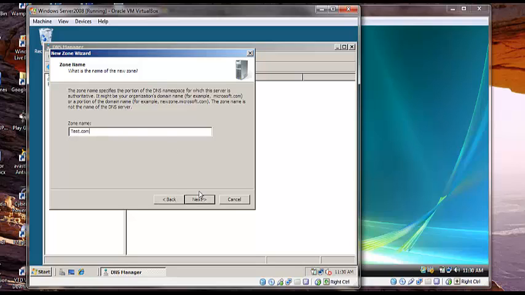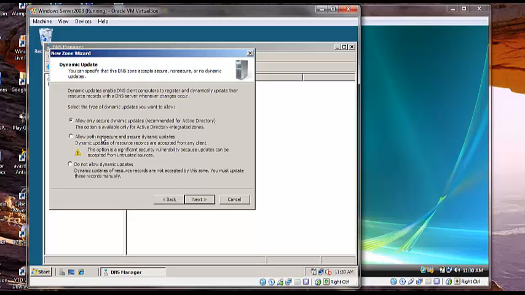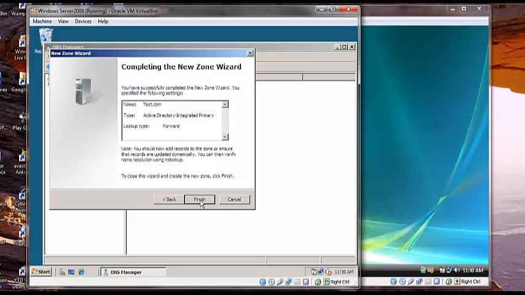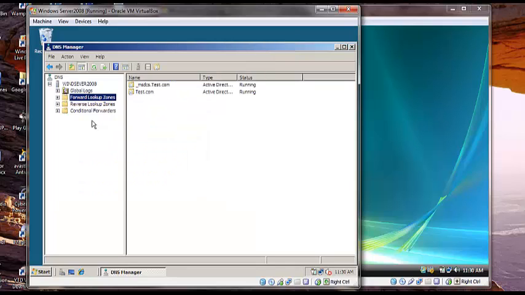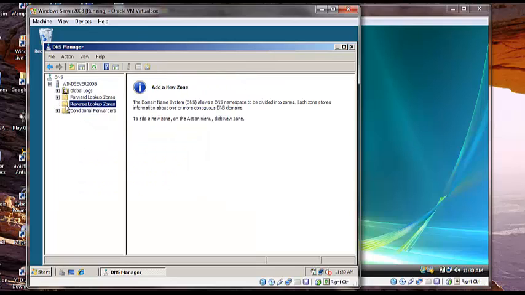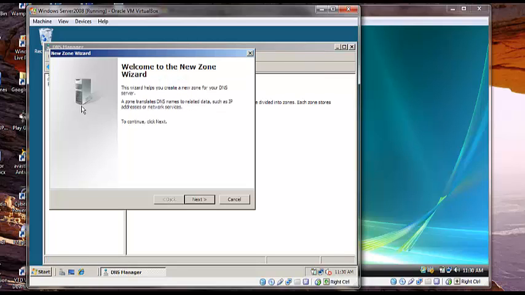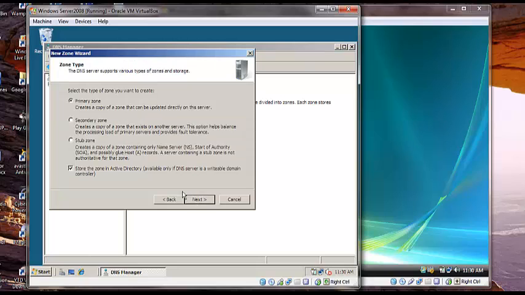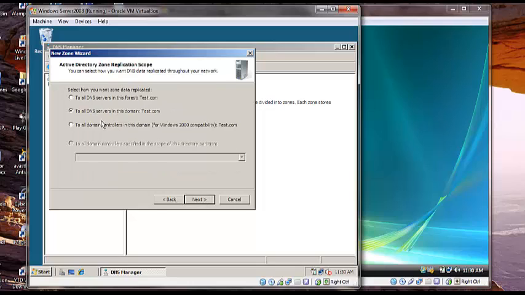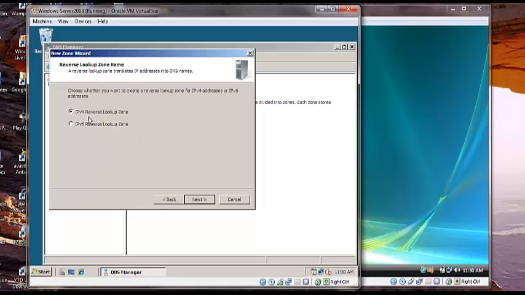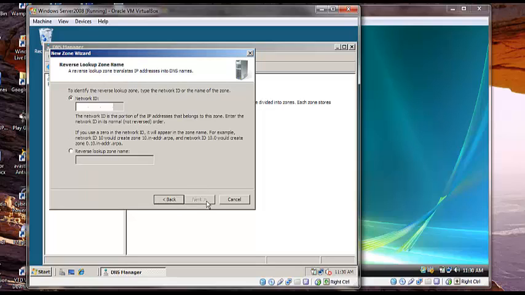test.com, next, and we'll want to allow both non-secure and secure dynamic updates, next, and finish. Now I will cancel here and go back to reverse lookup zone, new zone, next again, and primary zone, next, leave the default as it is, and obviously we are using IPv4, so we leave the default as that, next,